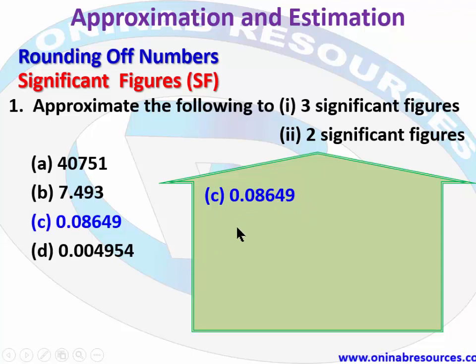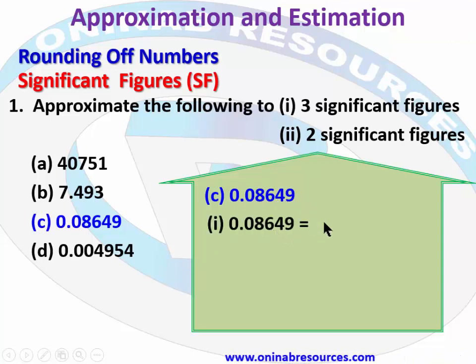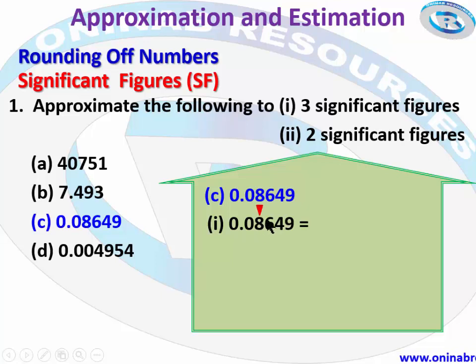0.08649, and the first part is 3 significant figures. These zeros are not significant figures. So our significant figures start from 8, 6, and ends at 4 for 3 significant figures. So we have 8, 6, 4. We check the next digit. Since it is 9, we are rounding it up. We add 1 to this 4, so that our final answer will be